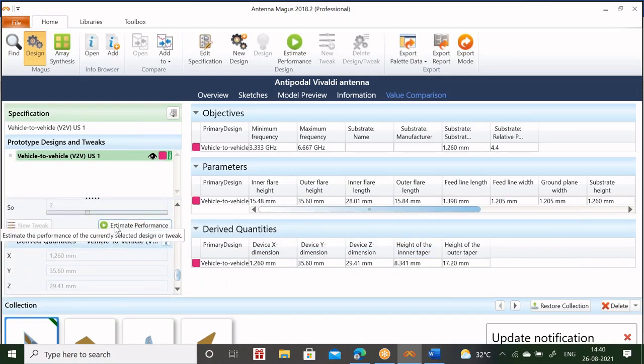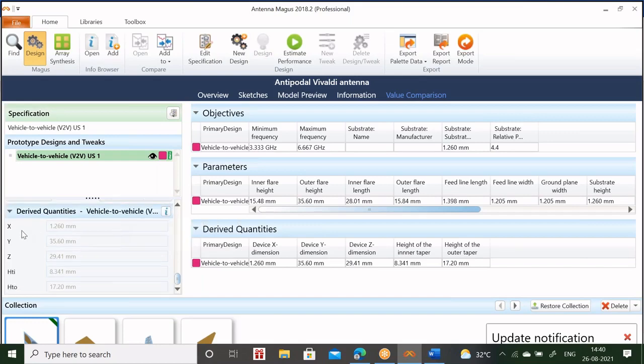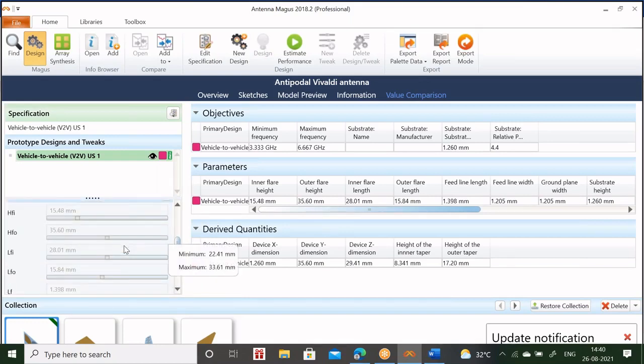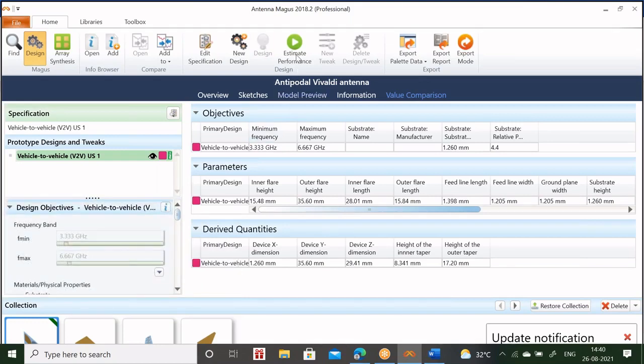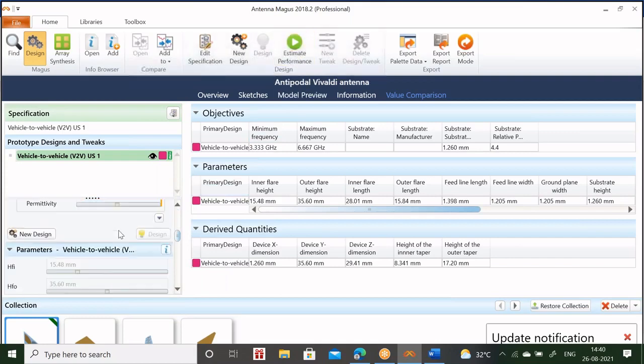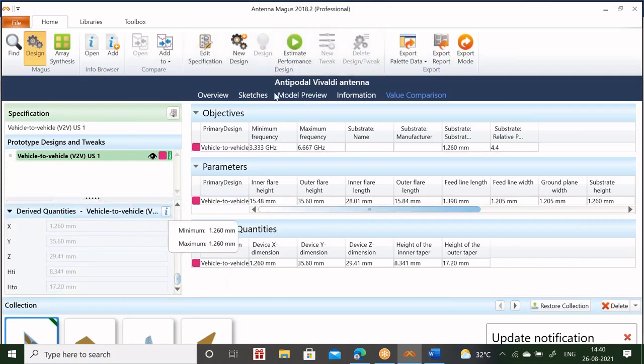First you have to estimate the performance of this, and next X, Y, Z, H, HTA, HTO, all parameters, all dimensions you can see here. If you analyze this particular model, you can see the result. Okay. If you click estimate performance, you can see the performance characteristics of this particular antenna. It is already executed.